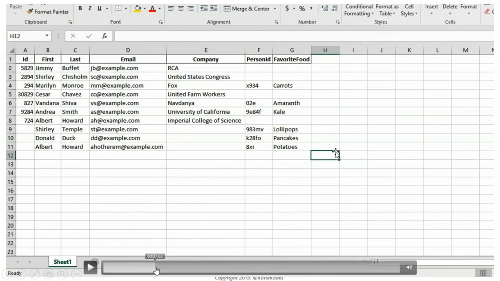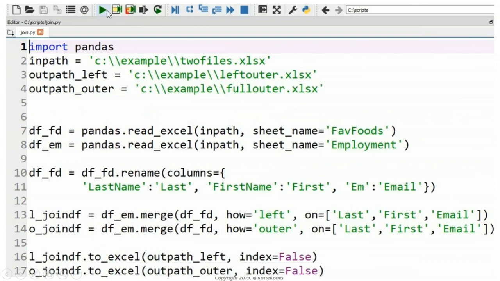So let me rewind this video to the actual code. So we're setting up that we're bringing in the spreadsheet on line 2. Line 3, we're saying where I want to put it on my hard drive. Line 7 and 8, we're actually giving it the names of the spreadsheets and saying, okay, we're going to have DF food is the first spreadsheet, DF email is the second spreadsheet. Then,